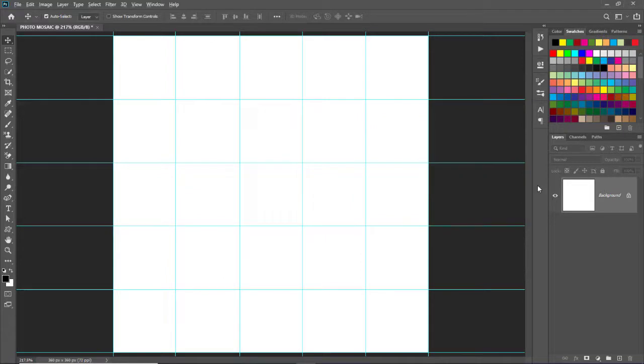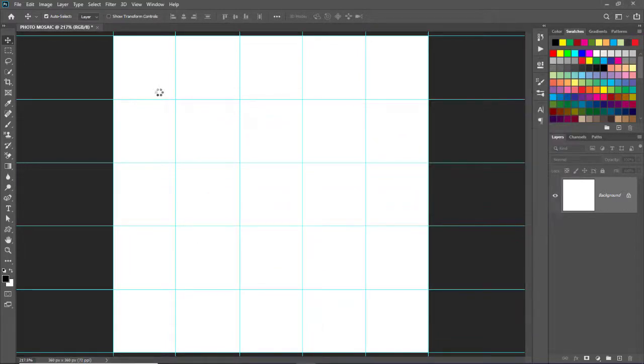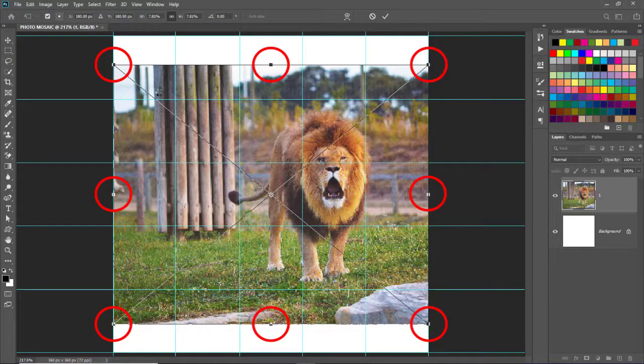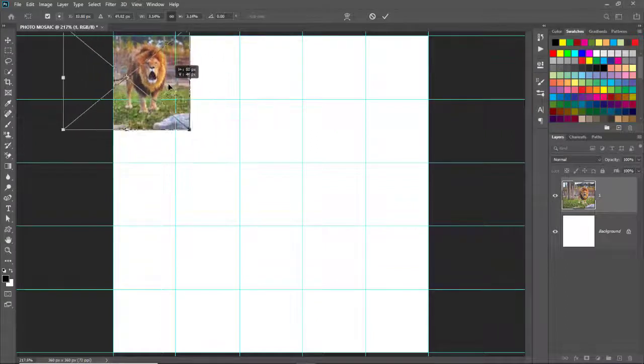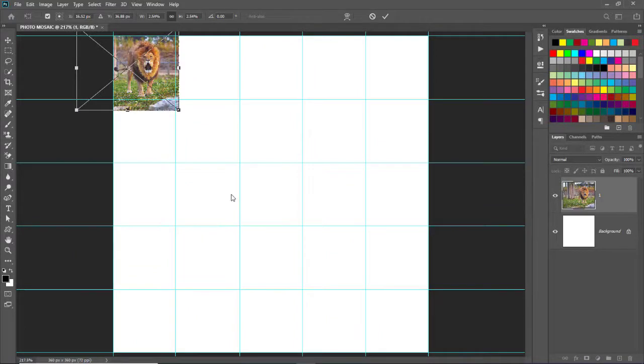Now we have created 25 guide boxes on this document, and I have also collected 25 images for that. We will arrange all these images here. Now select the first image, drag and drop it on the document window. We can see an image here with the control handle of the image corner. Drag control point inside and resize the image, and adjust on the first guide box. When the image is set properly, we will click on check mark in options bar or press enter key.